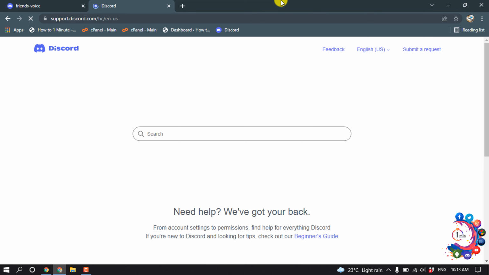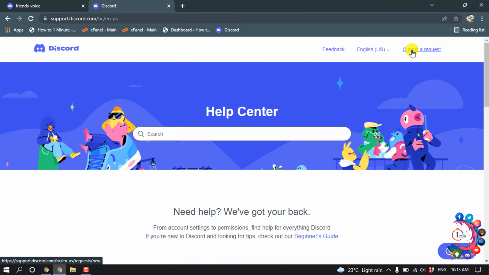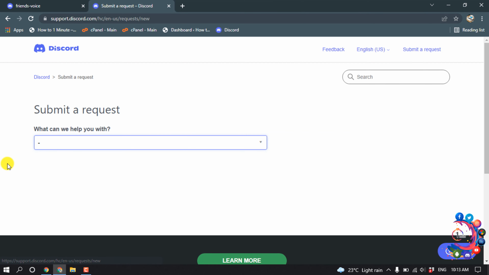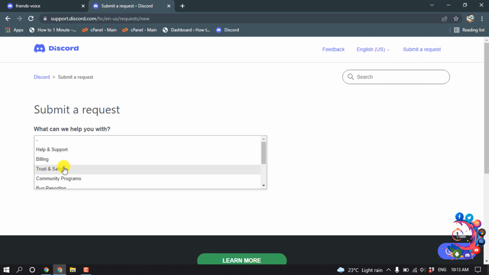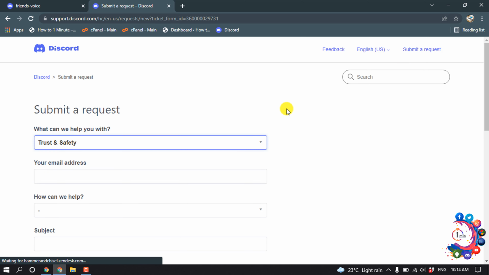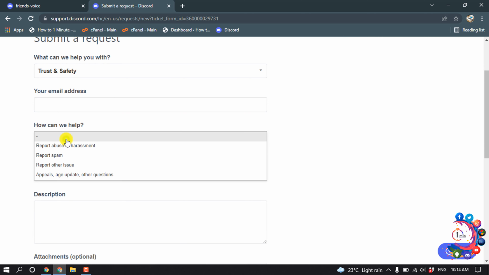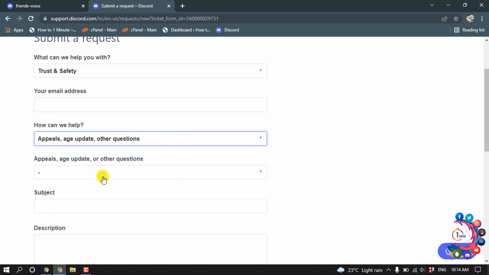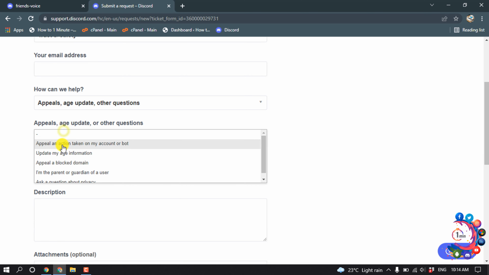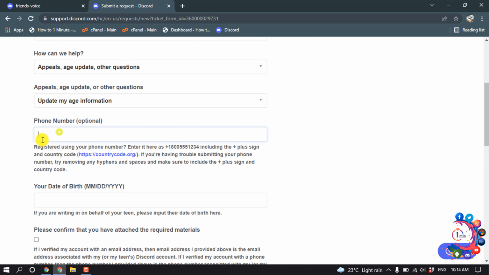support.discord.com, then hit enter and click on submit a request, and from here select trust and safety, and here you have to put your email address and click here, and from here select appeals, age update, other questions, and from here select update my age information, and you can put your phone number here and it's totally